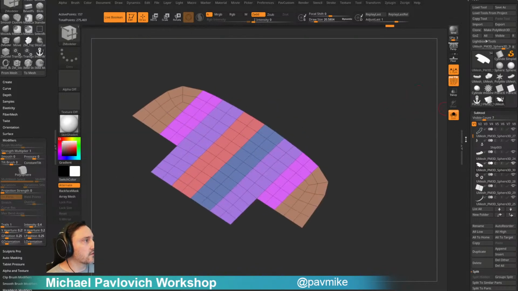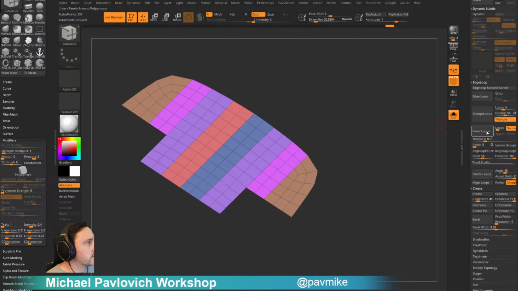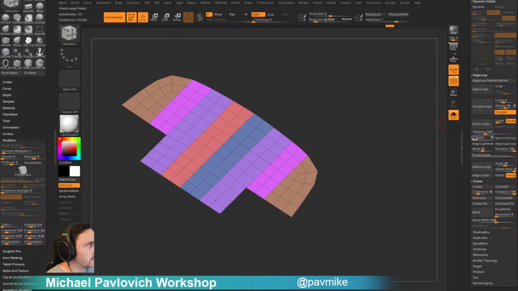Now let's see if this works. Sometimes it does, sometimes it doesn't. Usually it does in this type of scenario. So we're going to go in here. We're going to go to panel, edge loop, panel loops, polish down, thickness up, elevation at 0 so it goes